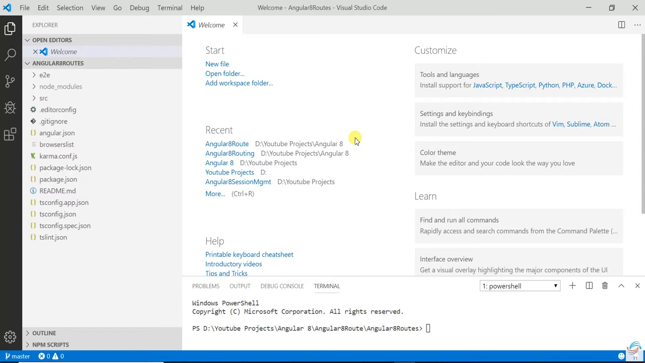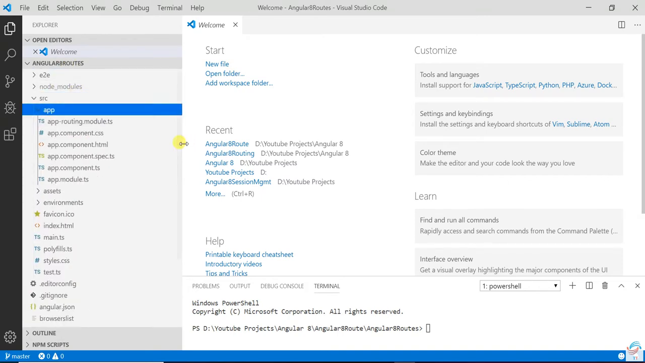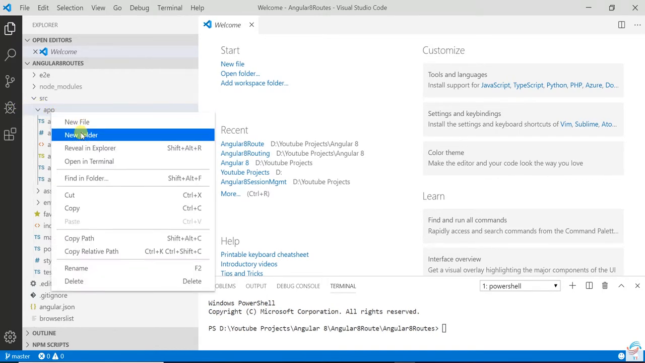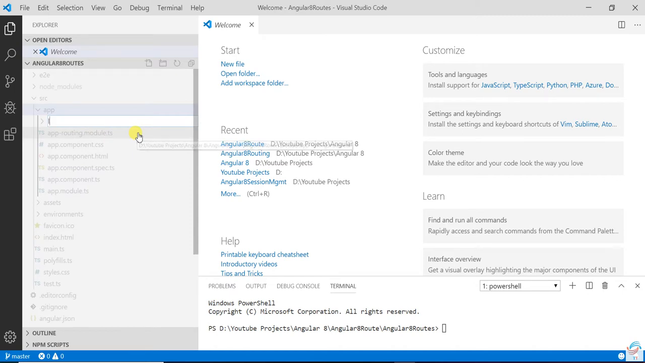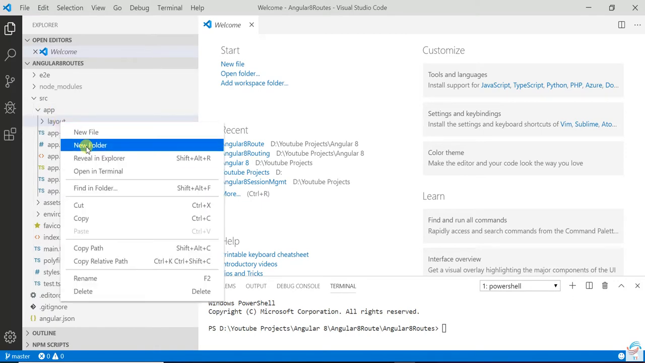So let's see how we can add routing to an application built using Angular 8. This one is the Angular route project. First, I'm going to add some components. I'm going to create a new folder and give it the name layout. In that layout folder I'm going to add